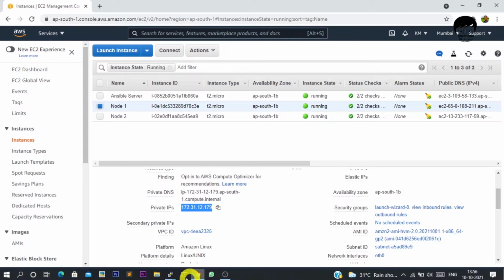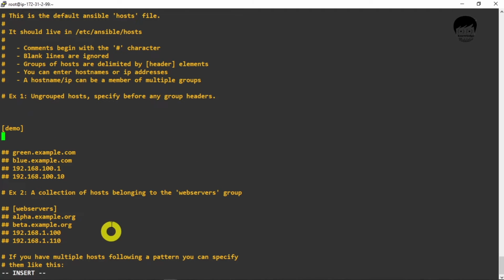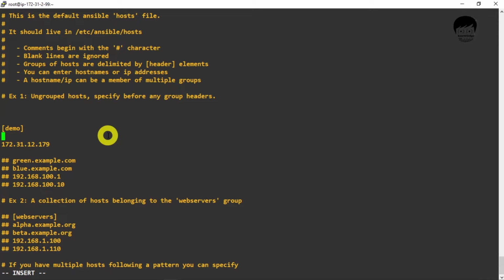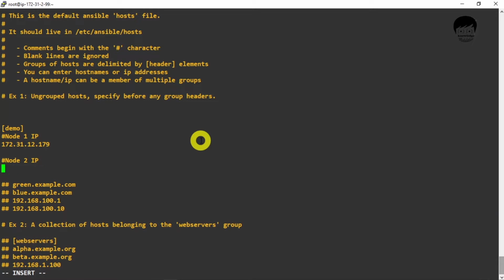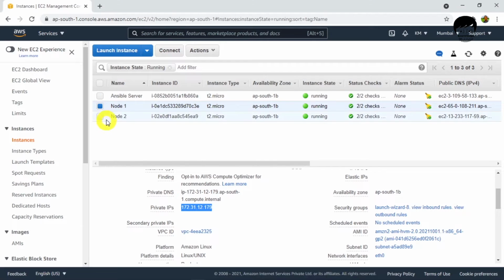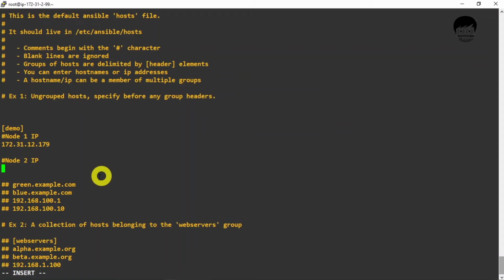I will put the name as node 1 IP, hash, node 2 IP. Okay, I will paste node 2 IP here as well. Okay, just save it and exit from here.